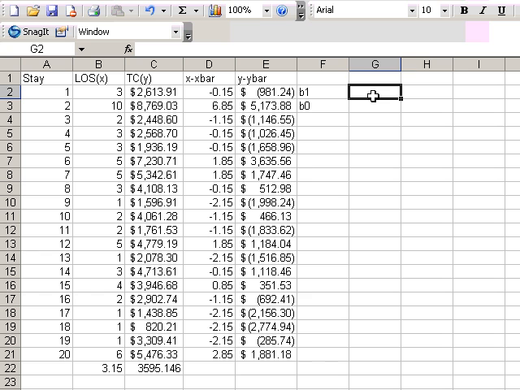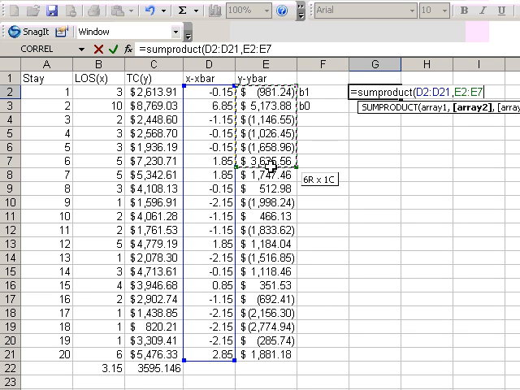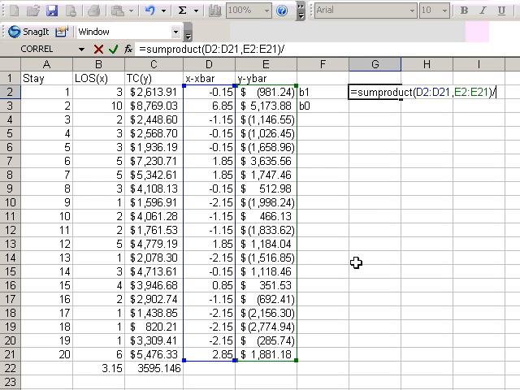The formula for B1 is as follows: equal, and we'll use the Excel function SUMPRODUCT, which will multiply this column, and a comma, times this column, or x minus x bar times y minus y bar, and we will divide that sum product by,